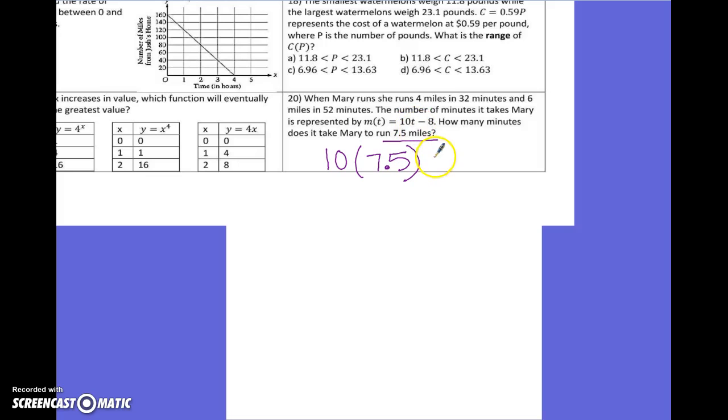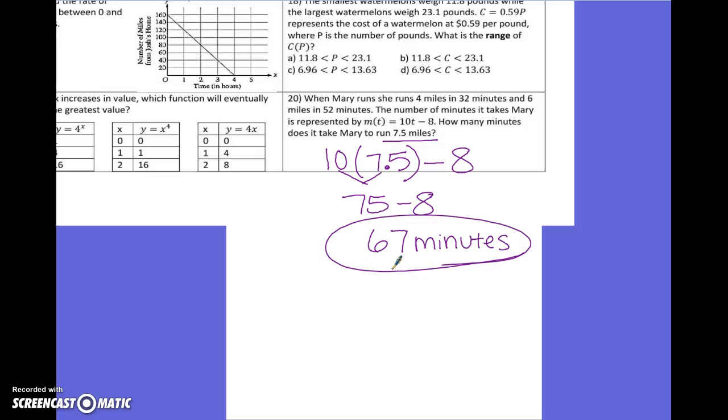All we're going to do is plug it in for the t, minus 8. This is 75 minus 8 gives me 67 minutes. So for her to run 7.5 miles, it's going to take 1 hour and 7 minutes. Very long time. Well, not if you're going 7.5 miles, but